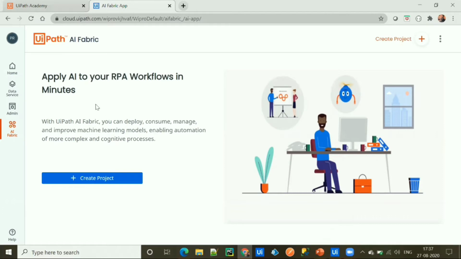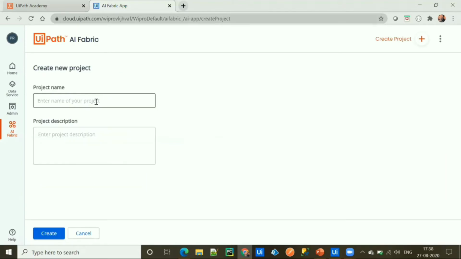A project is an isolated group of resources, which are datasets, ML packages, pipelines, ML skills, and ML logs. To create a project, we can simply click on the Create Project button and enter a project name. Let's say First AI Project. And we can provide the project description here and click on the Create button.